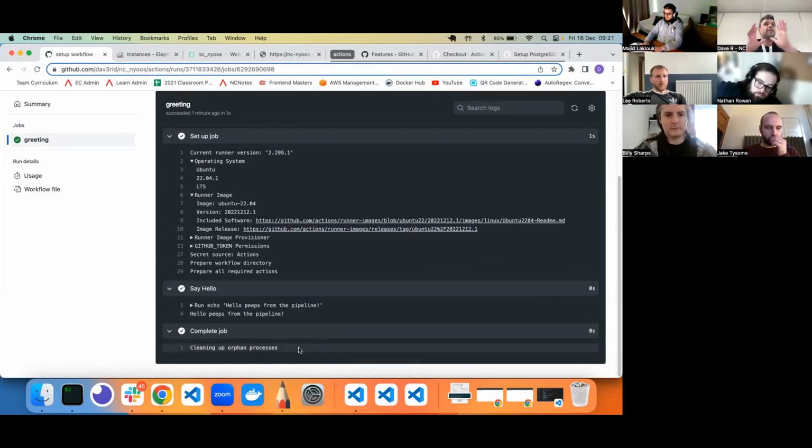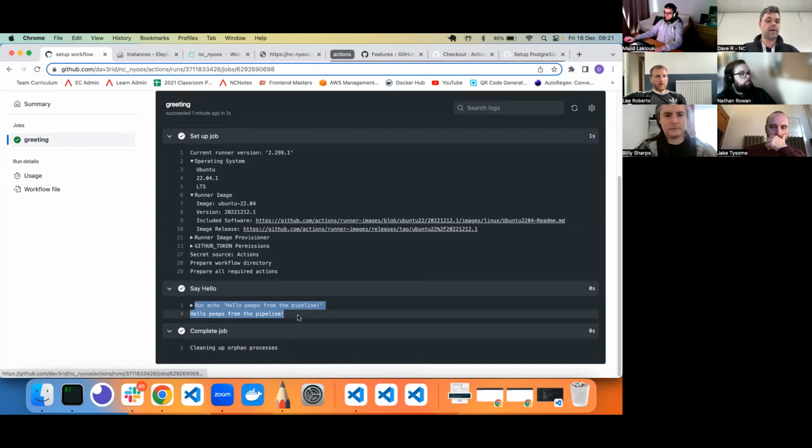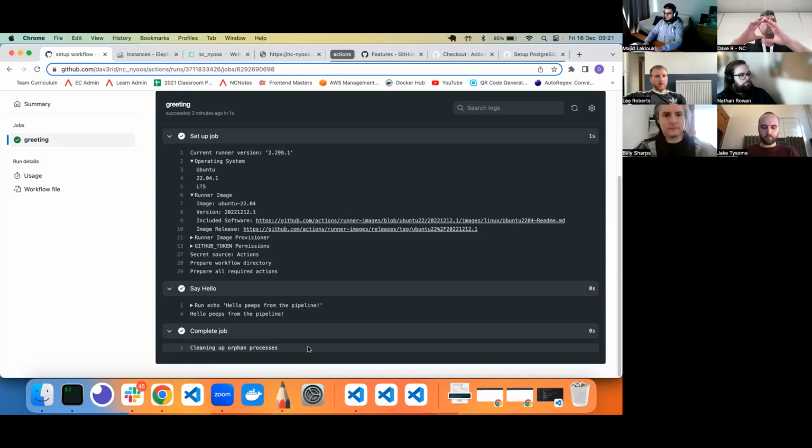But effectively, this virtual machine was created to run our job. Once that job had finished and we got all of our output from it, cleaning up orphan process means this virtual machine now ceases to exist. This virtual machine has now been removed from GitHub servers. That little bit of computing space is now free for some other GitHub user to run one of their actions on. Okay,